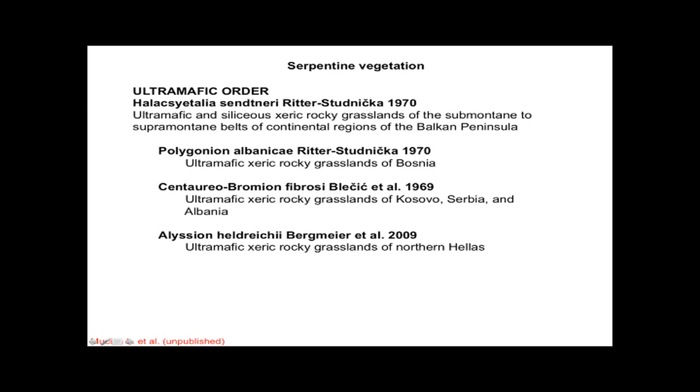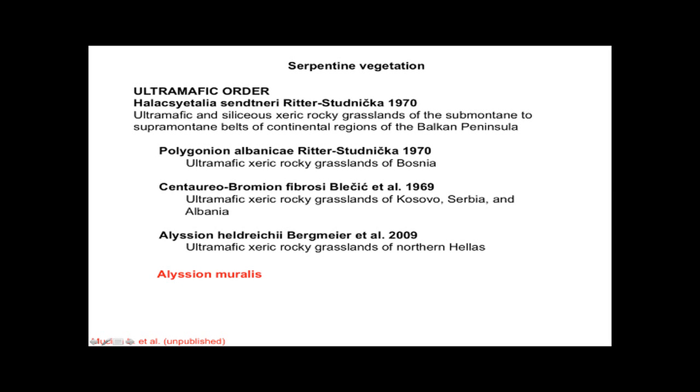And this order includes all the ultramafic and some siliceous rocky xeric grasslands of the submontane and supramontane belts of the continental region of the Balkan Peninsula. And this order is divided also into 3 alliances. Also in Greece,